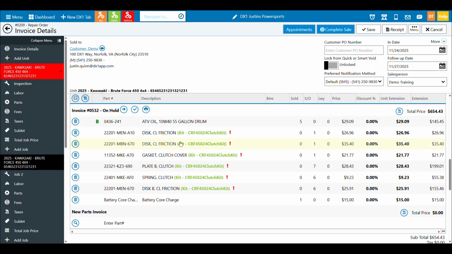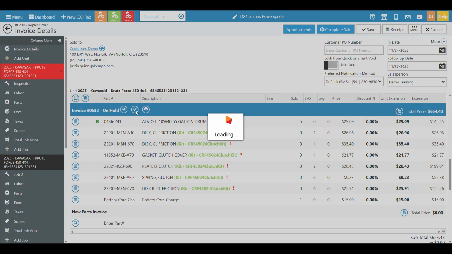Now, still, I need to make sure that when you're in here in this RO, you have still technically not taken the invoice off hold, which means any of these special order parts have not been pushed to the ordering screen. Depending on what your permissions are, you may or may not see this checkbox icon. If you don't, that means you don't have the ability to process parts invoices, which means it will be on hold and you'll have to ask somebody in the parts department to actually process it for you. If you do have the permissions, which I do for this example, I can click the checkbox here.